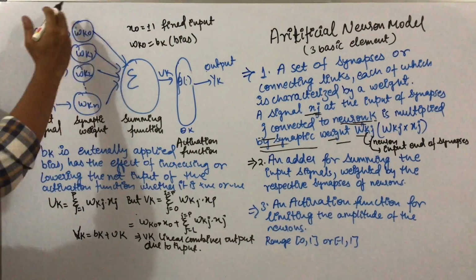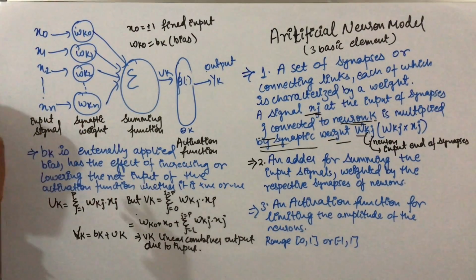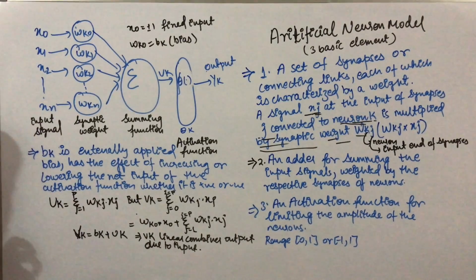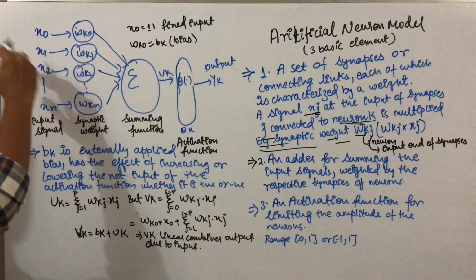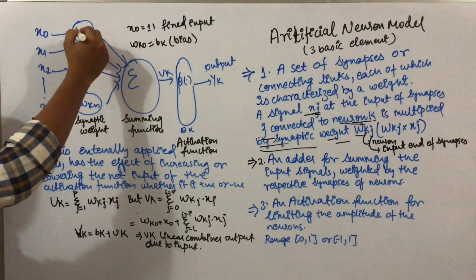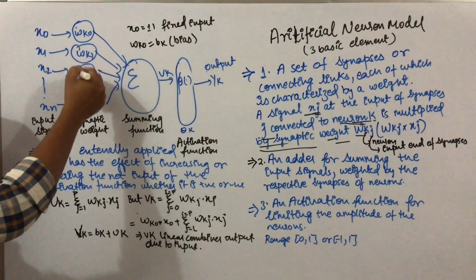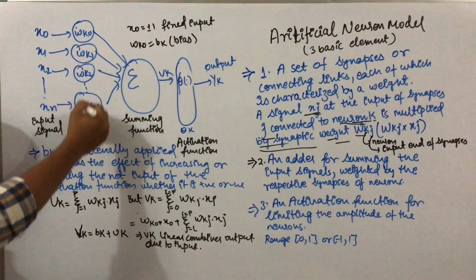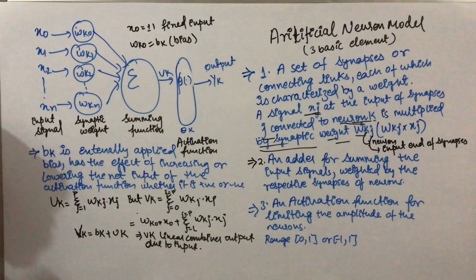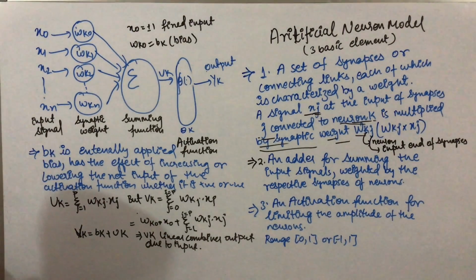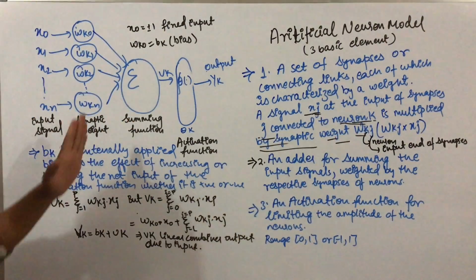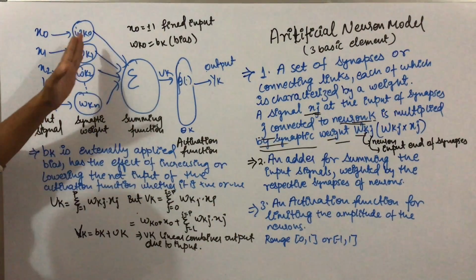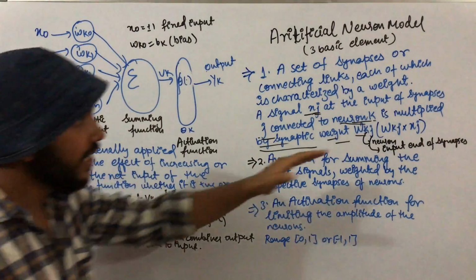This input signal is given to the synapses, and these synapses have some weight associated with every signal, which we can represent as wk0, wk1, wk2 and so on, where k represents the neuron to which the synapse is connected,